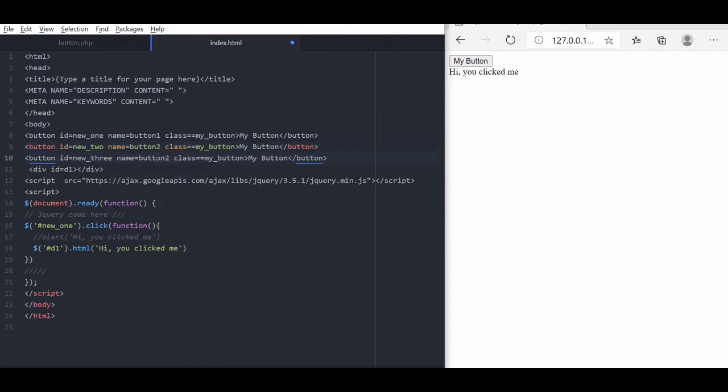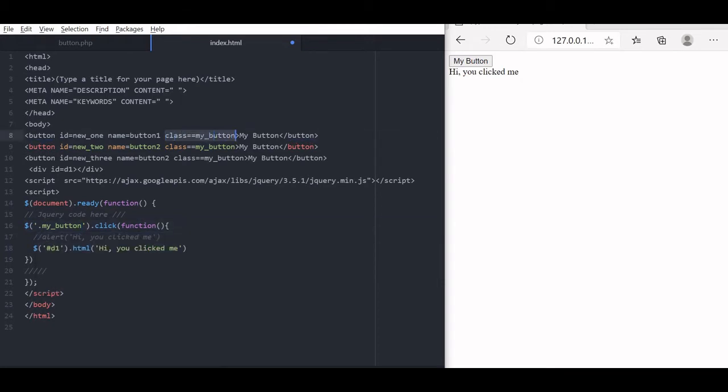Now when any button is clicked, based on the class we will display the ID of the button clicked. Now these are the 3 buttons. Now because we are going to access through class, we will use dot, class name, my button, which is my class name. These are the common classes of all the 3 buttons.